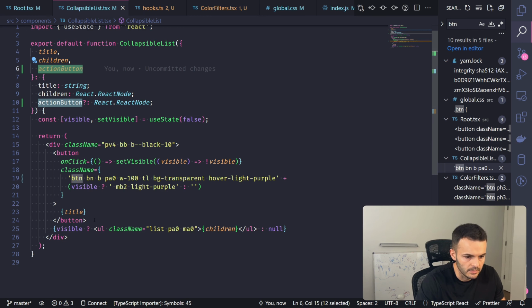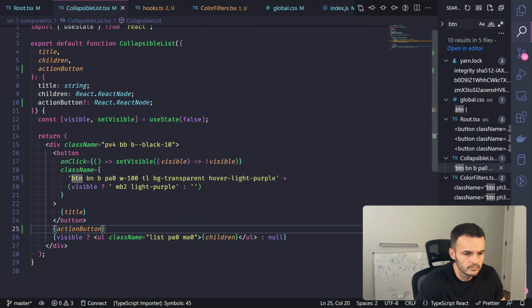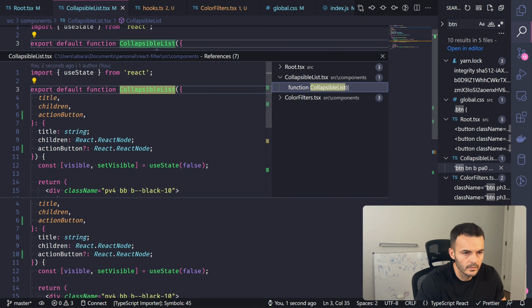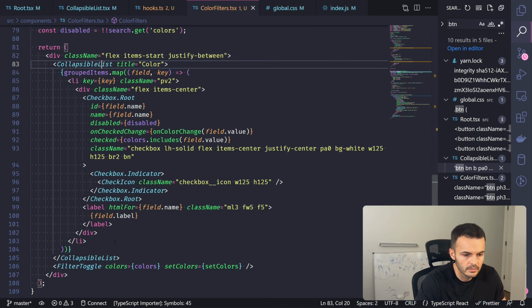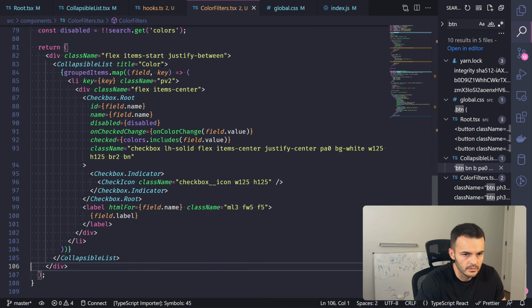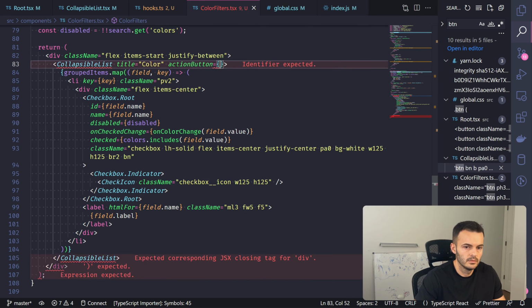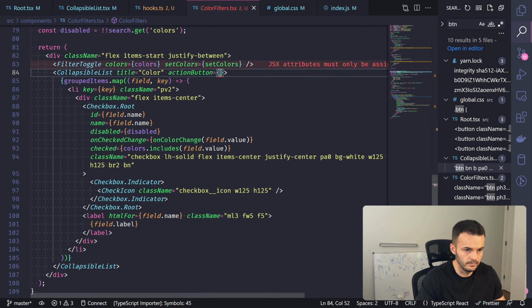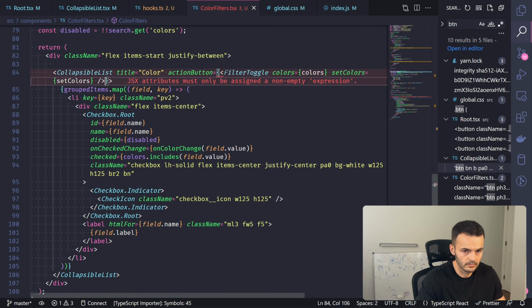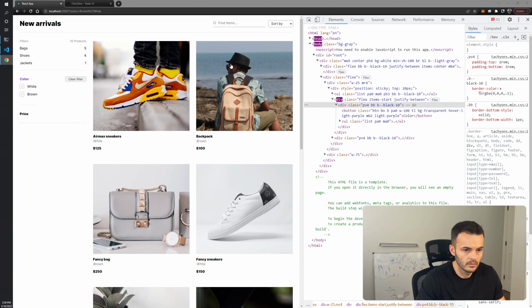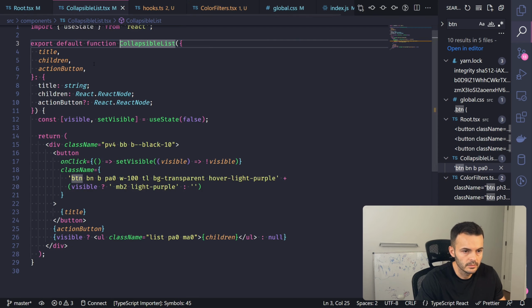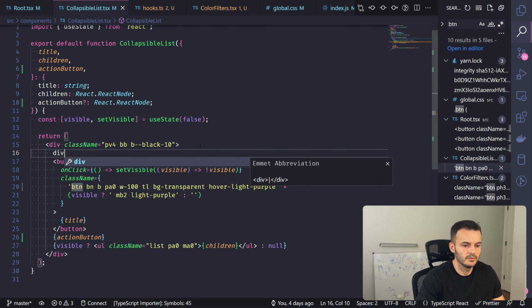A React button here. All right, so we go back, take this, wait, it's working. Let's do this, div.flex,